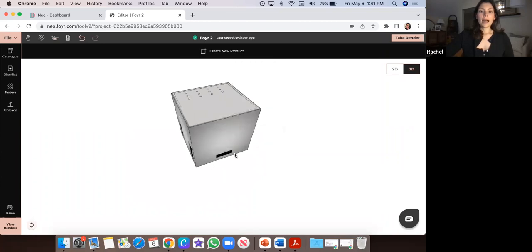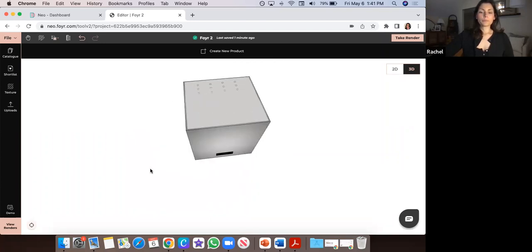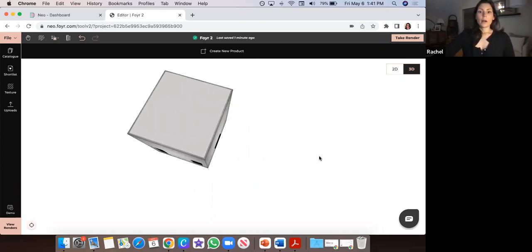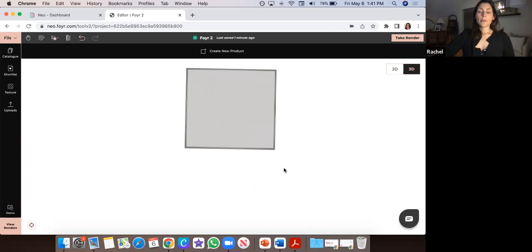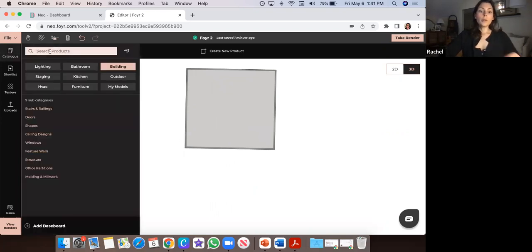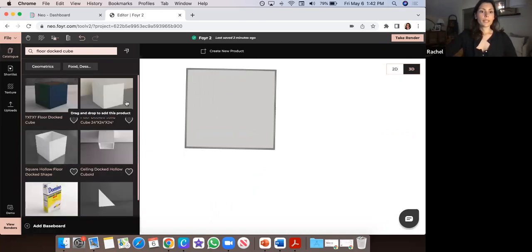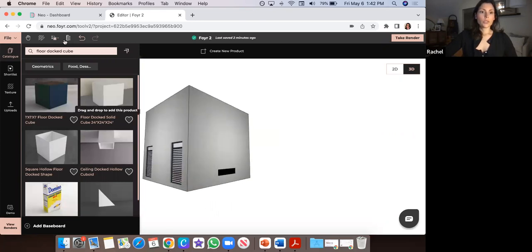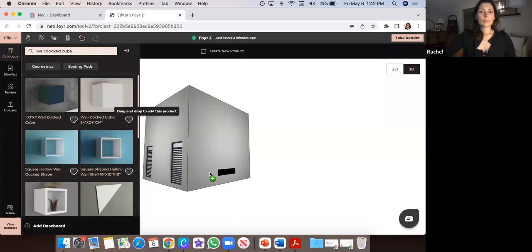So let's say this is a house. I want to show it from the outside. I want to do some landscaping. What I see a lot of designers doing is using geometrics, so using like a floor docked cube, like this guy, dragging and dropping it. Well, let's use a wall docked cube so we can just work from the outside. Dragging and dropping it, resizing it to make it flat,